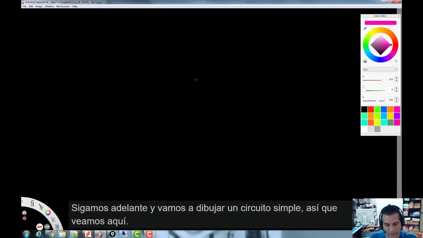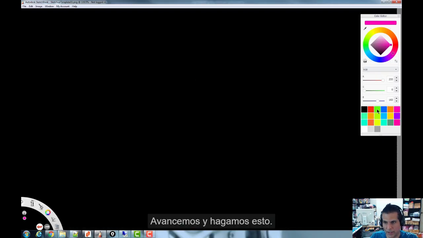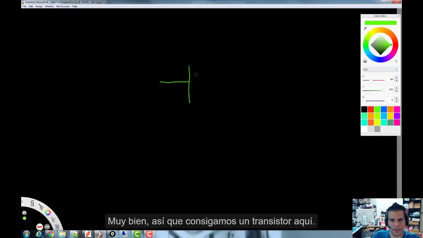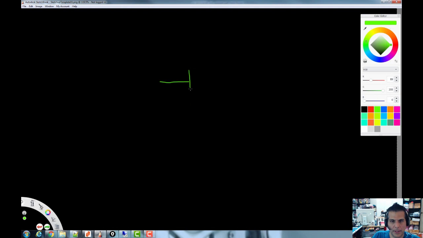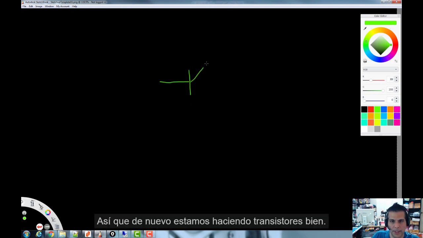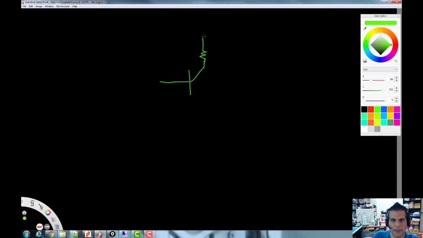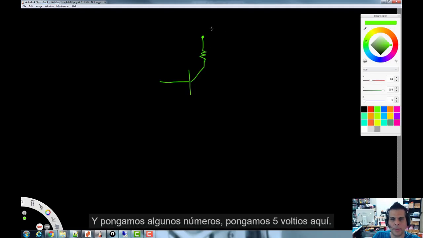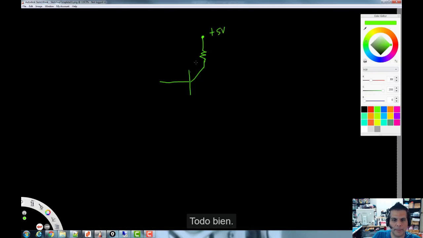So let's see here. Let's get a transistor. We're doing NPN transistors. And let's put some numbers. Let's put 5 volts up here. Good enough. And let's put a resistor here. And let's put the emitter,